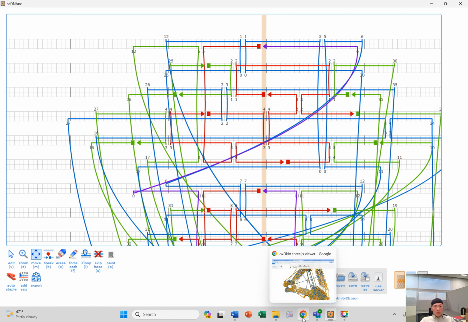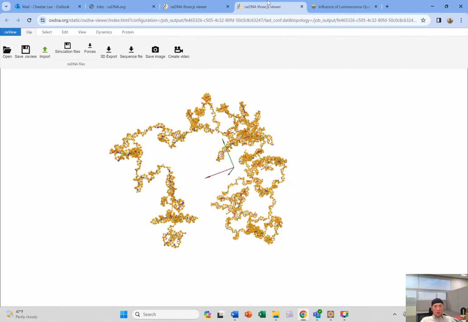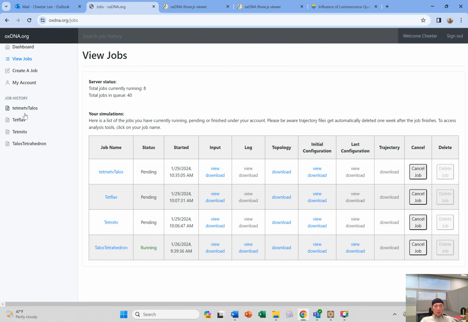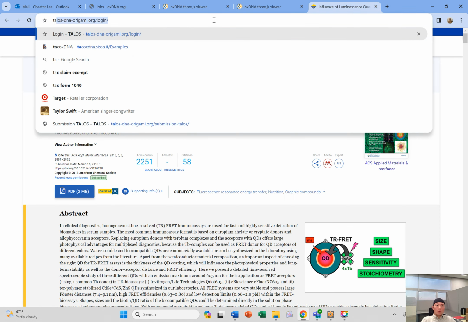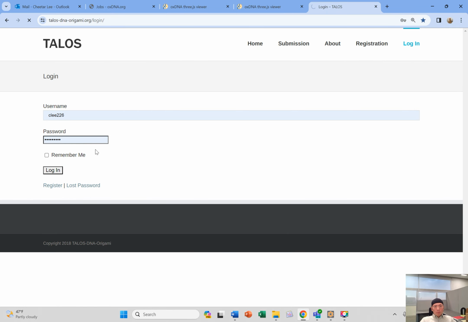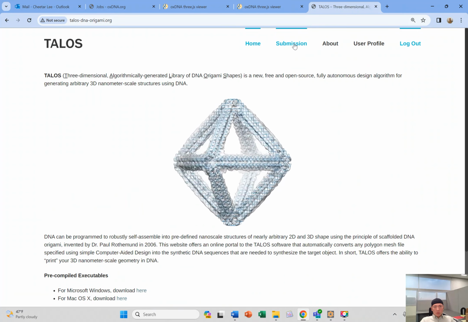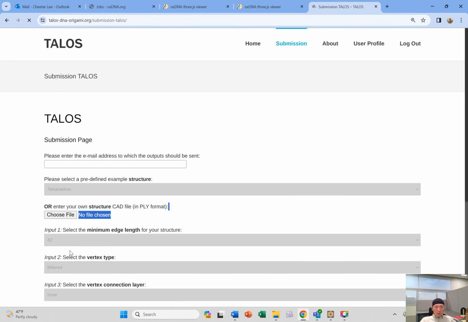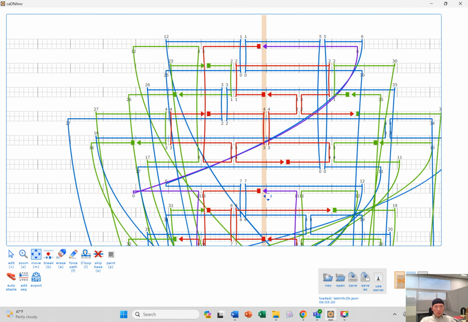That is the parameter I gave it when I submitted to Talos. I don't have Talos out. So when you submit this to Talos, I chose tetrahedron, right? And I chose 42. This is the minimum edge length of my structure, and I guess they use that as the parameter to spit out the algorithm, so that the algorithm could spit out the product. So that's why there are 42 along this shortest edge,